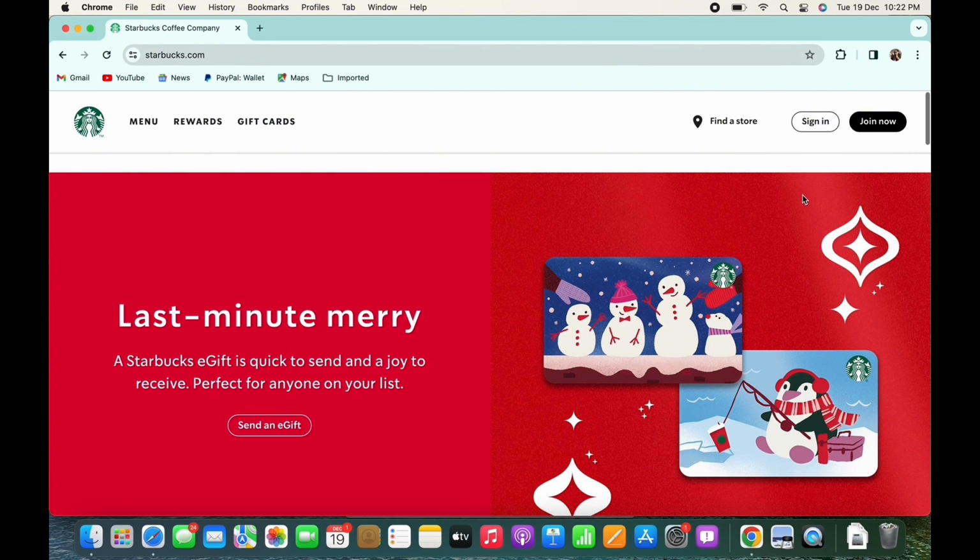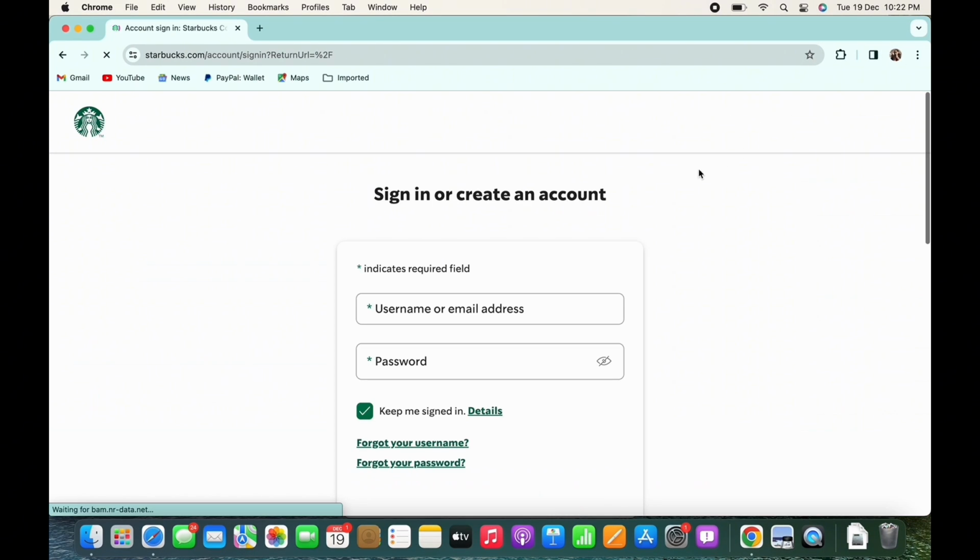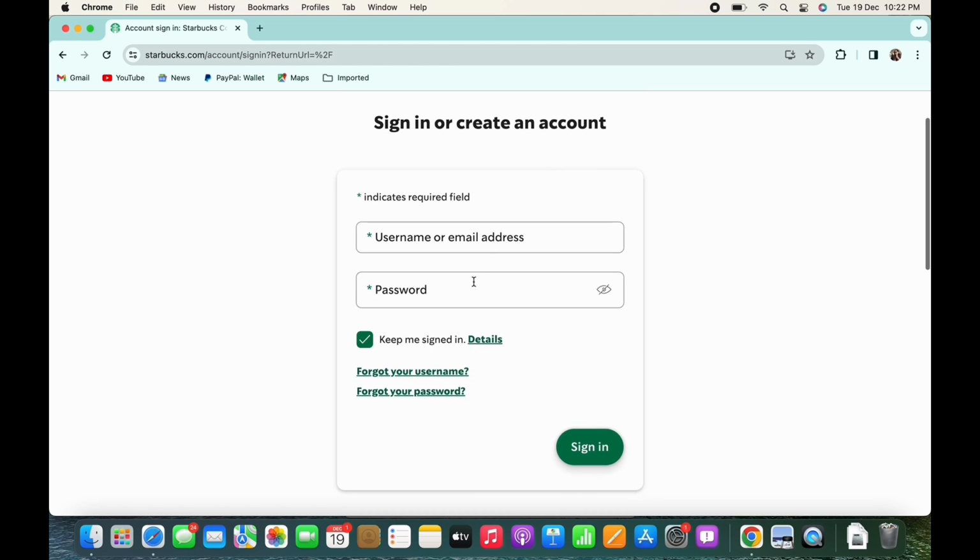Here on the top right of your screen, you will see the option for sign in. Tap on that, or if you do not have an account, then you can also tap on the join now option and now register yourself to Starbucks. I will tap on sign in. You will be asked to enter your login credentials. So go ahead and enter your username or email address and then enter the password and tap on the sign